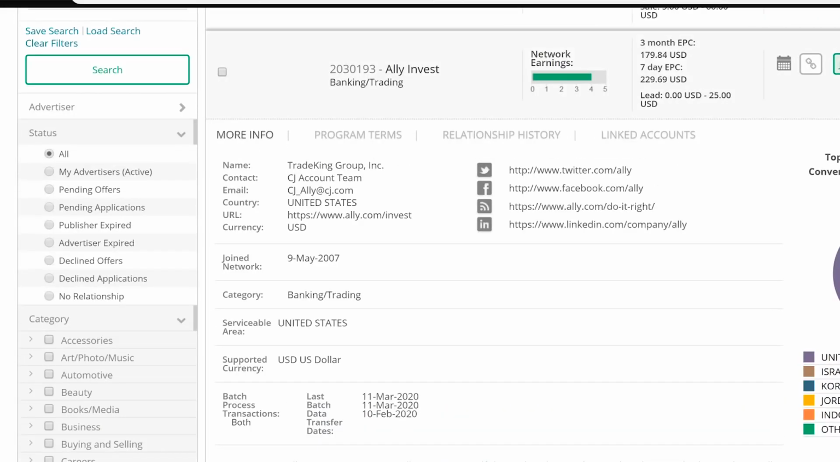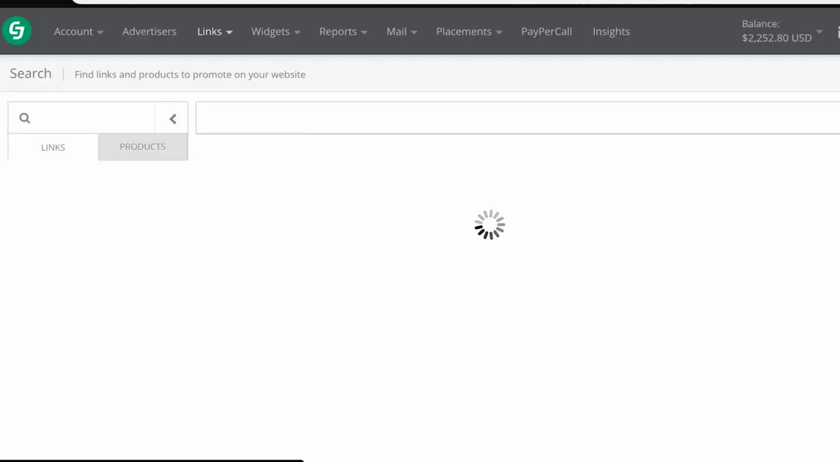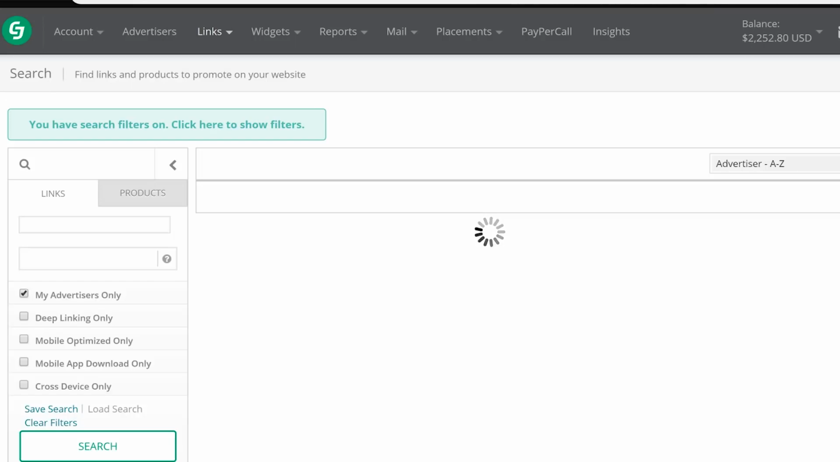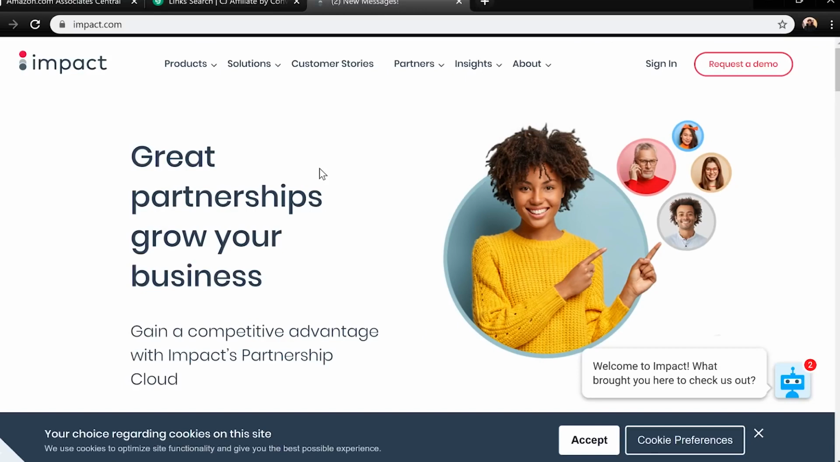And then what's going to happen here is you're either going to get an affiliate link right off the bat, they're just going to give you an affiliate link, or you're going to have to click join program and apply for it. They're going to get back to you in a couple days and tell you, yes, you've been accepted to the program, or no, you have not been accepted to the program. So I wanted to show you that, but let me just take you over to this one as well,